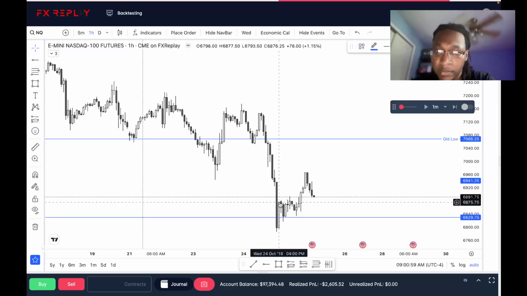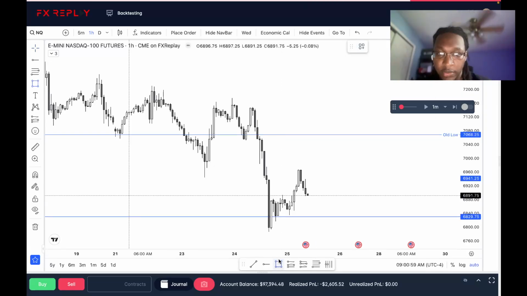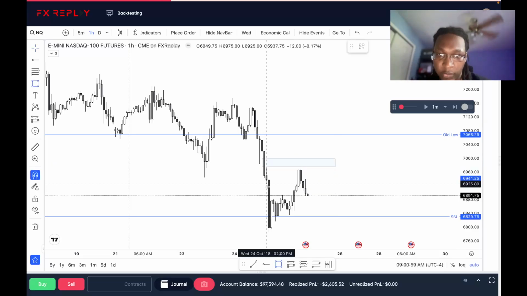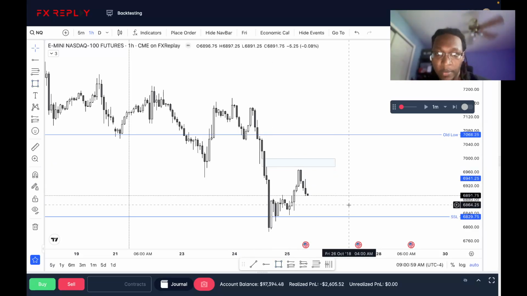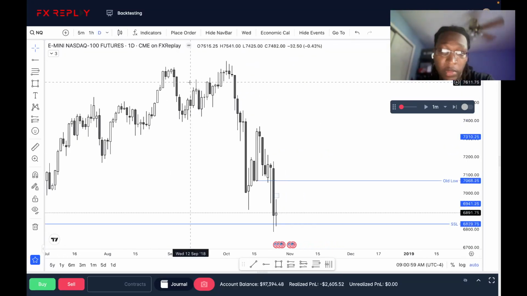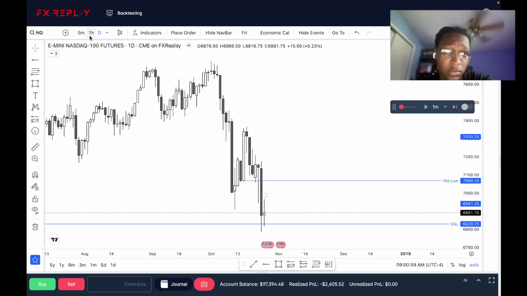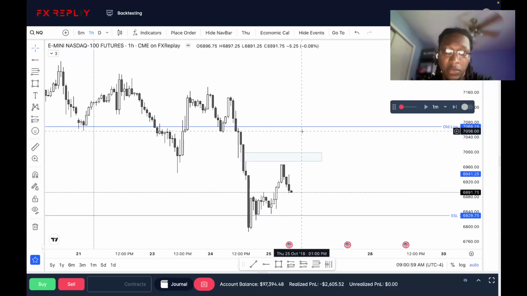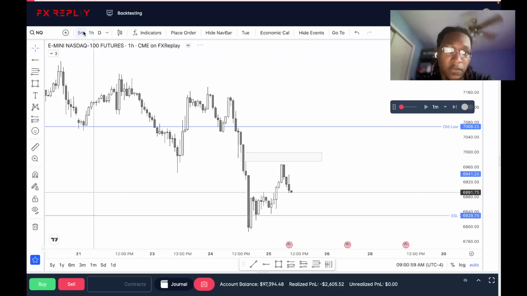Now, do we have a change in state of delivery? Kind of do, but we do have a gap right here that we can trade up into. We also have this fair value gap right here that we fully filled. So what I would still want to see with price continuously being bearish, even on the higher time frame, I'm not going to pick a low. There's no reason for me to pick a low. So we're going to stick with bearishness. Drop down to the 5 minute.